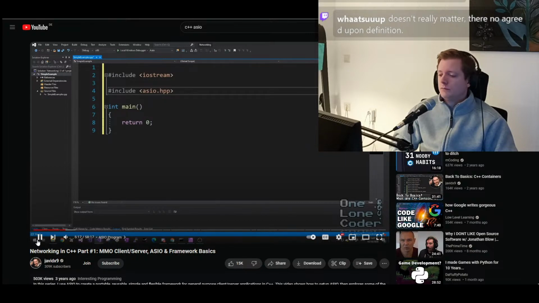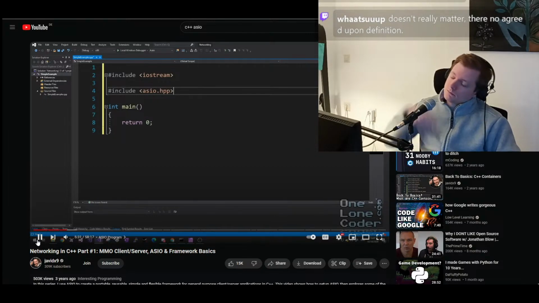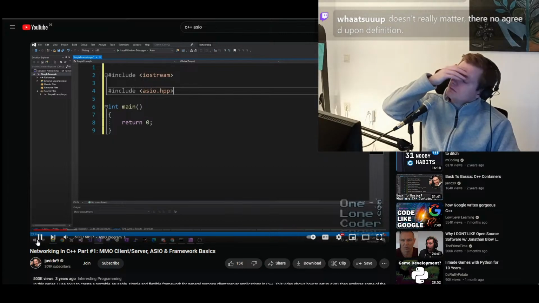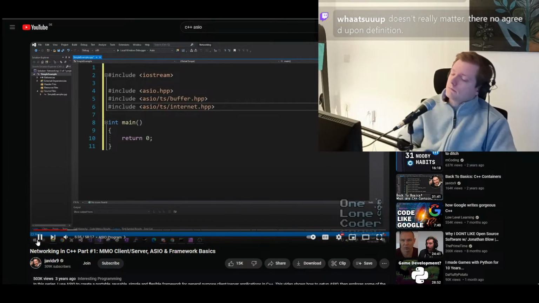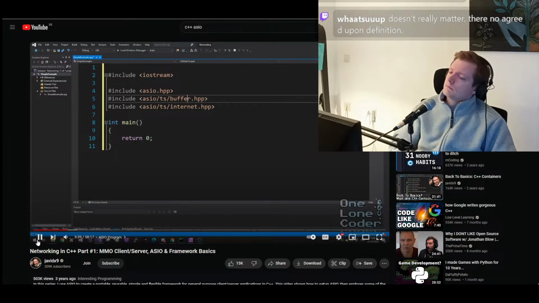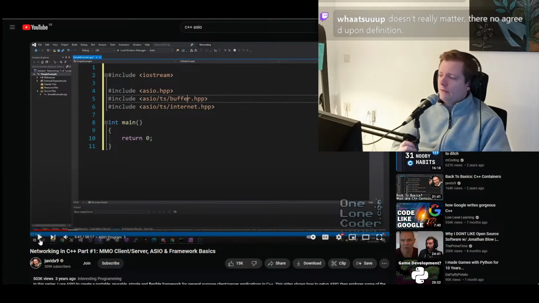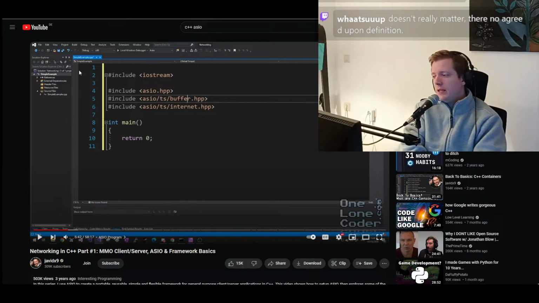Now ASIO is a vast library with lots of modules and components to it, and it doesn't only just handle networking, it can handle all sorts of interesting forms of input and output to your programs. But for this series I am specifically interested in it doing networking over the internet. And so I'm going to include two additional header files as part of the ASIO library, buffer, which will handle the movement of memory for us, and internet, which